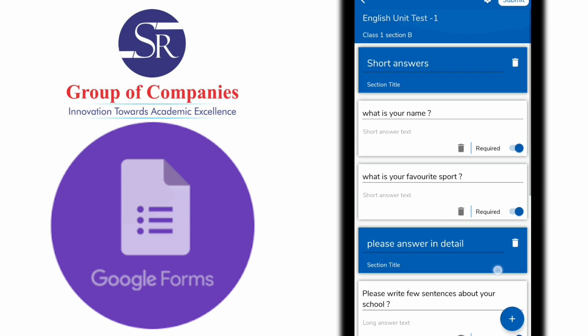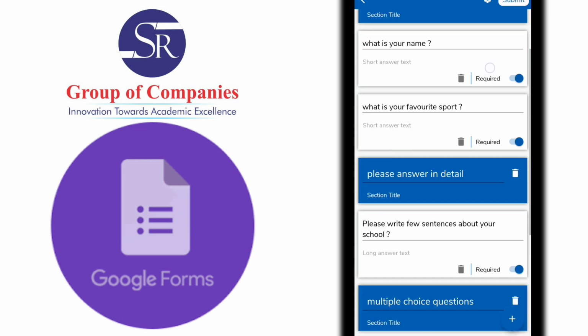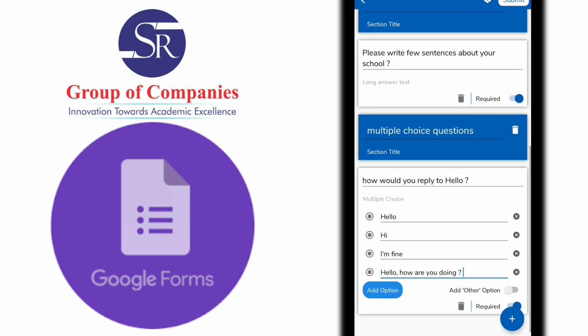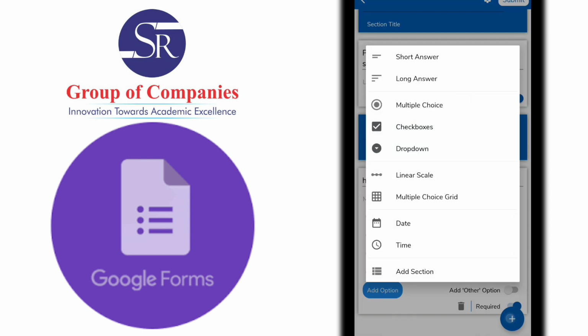I just want to explain how you could create questions. In short answers, you could create 20 questions. Please answer in detail. You could create n number of questions. Multiple choice, you could create questions. But before creating a question, please add a section and write in the section what the child needs to do